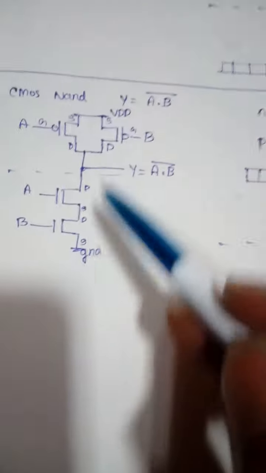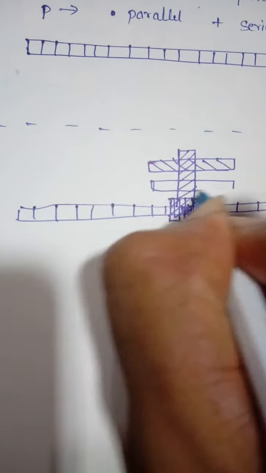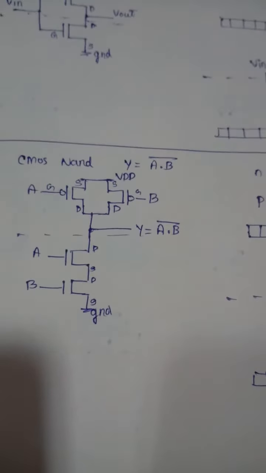And there are two transistors connected in series. So let us make use of two polysilicon layers, so that the two transistors will be connected in series like this, and I'll name them as A and B, right? So the N plus diffusion is crossing with the polysilicon, so two N transistors will be formed, and you are connecting that in series. For designing of P transistors, it should be connected in parallel. So first you need to make a parallel path.